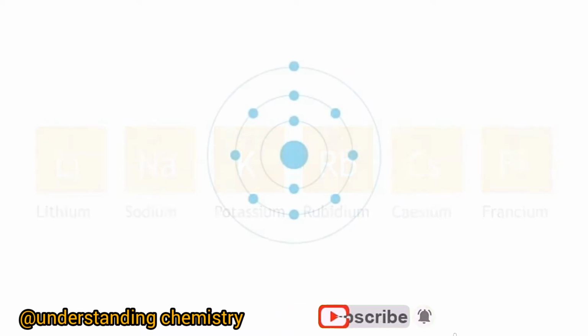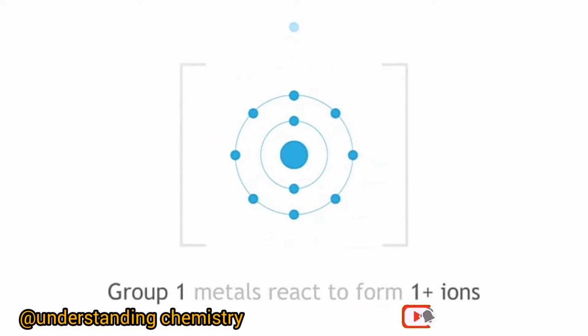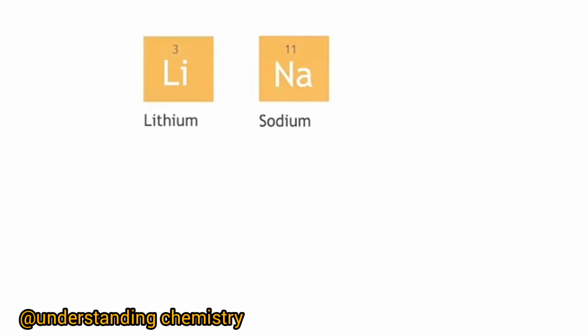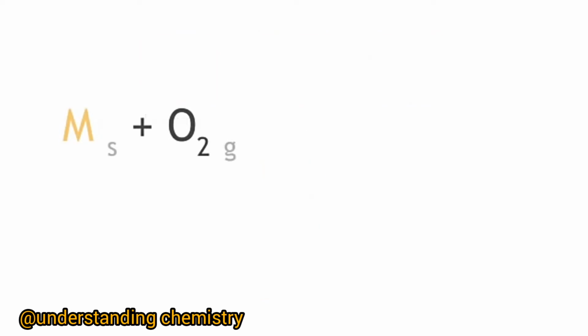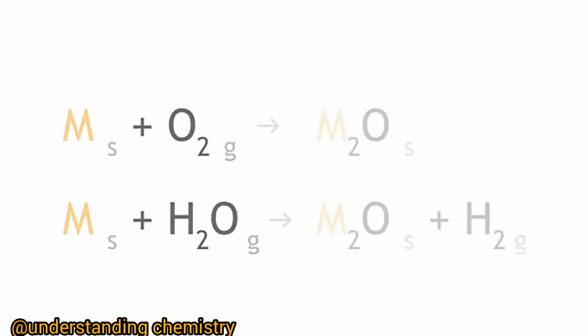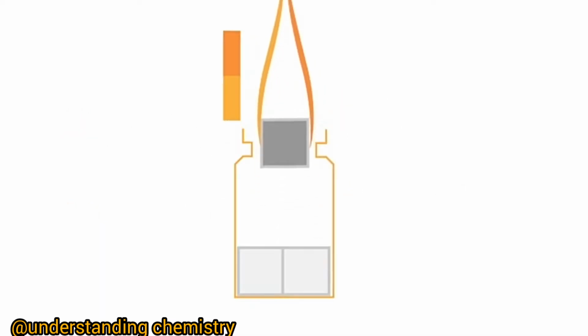These metals all have one electron in their valence shell and can lose this valence electron to form an ion with a +1 charge. Let's do a practical with lithium, sodium, and potassium. These metals are stored in oil as they readily react with oxygen and water vapor in air to form a layer of oxides. Using a pair of tweezers, remove a piece of lithium and cut a small piece using a